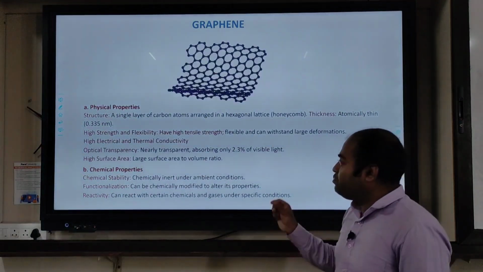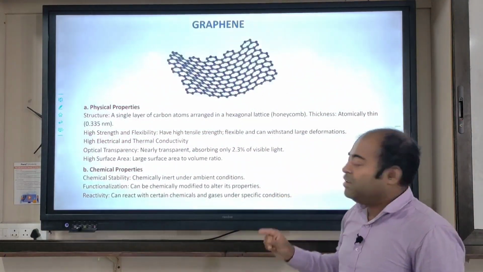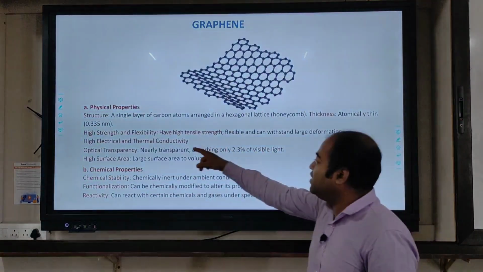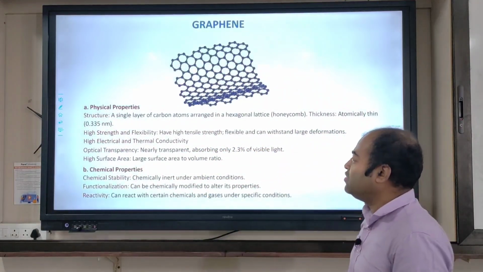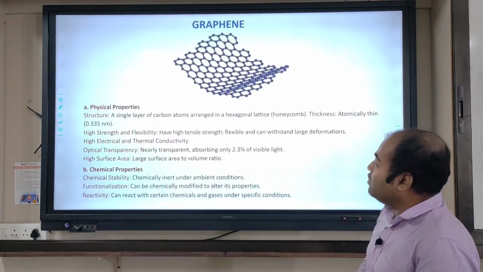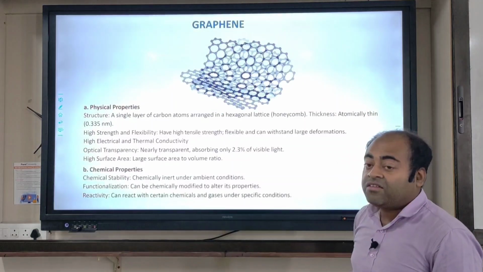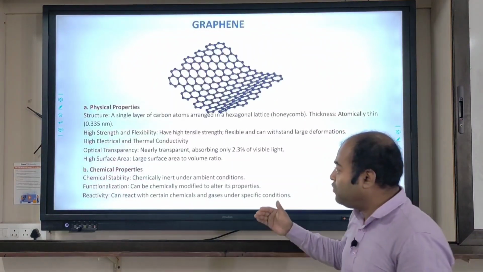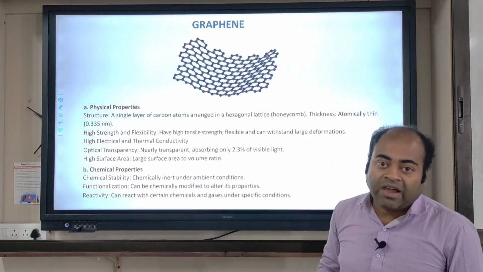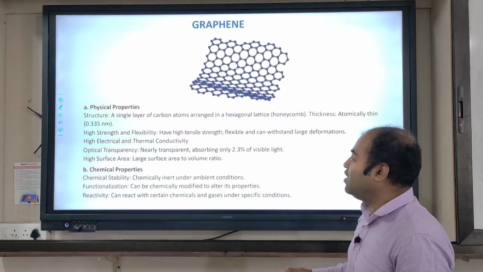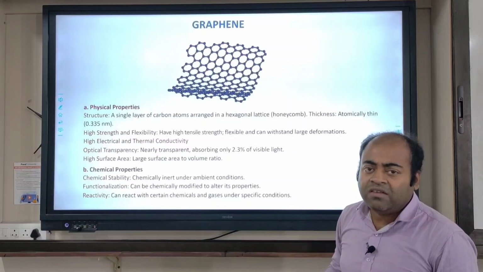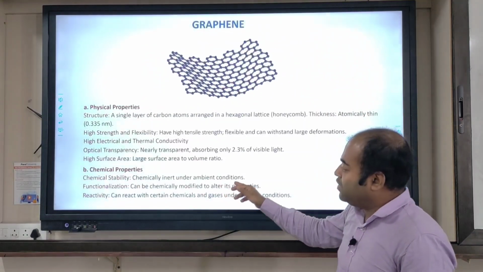A single layer of graphene is atomically thin because it consists of one layer of atoms, and its thickness is approximately 1/3 of a nanometer, 0.335. Graphene has extremely high strength and flexibility, and its tensile strength is very high. It is much more flexible and strong than the highest grade steel, and yet it is much lighter than steel. It is optically transparent. Obviously, it is so thin, so graphene is optically transparent,